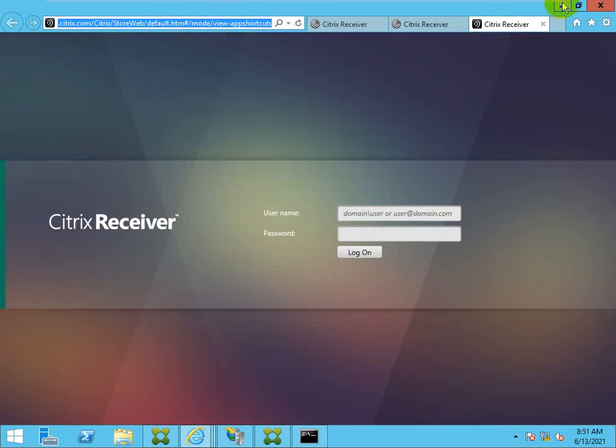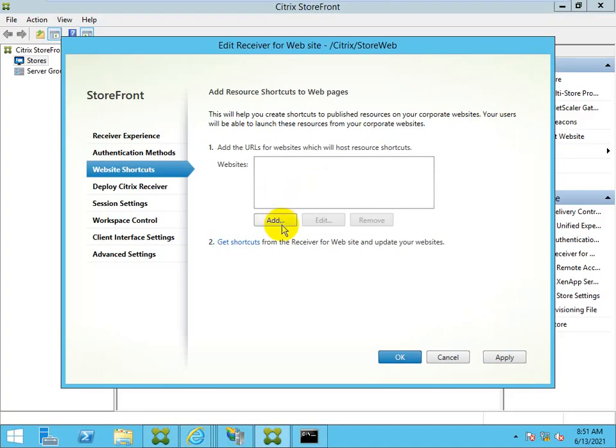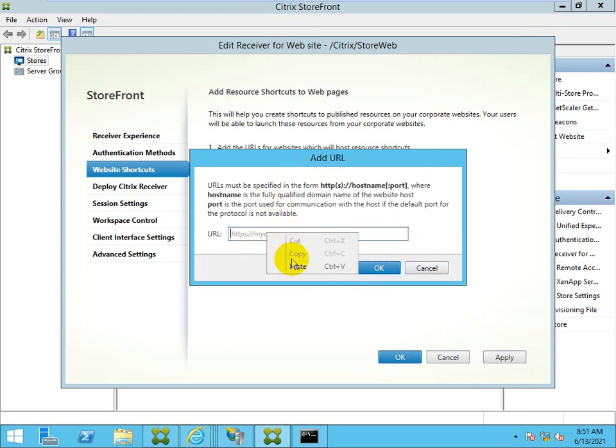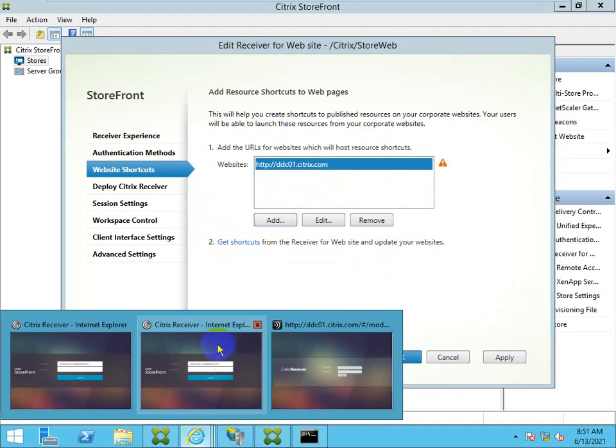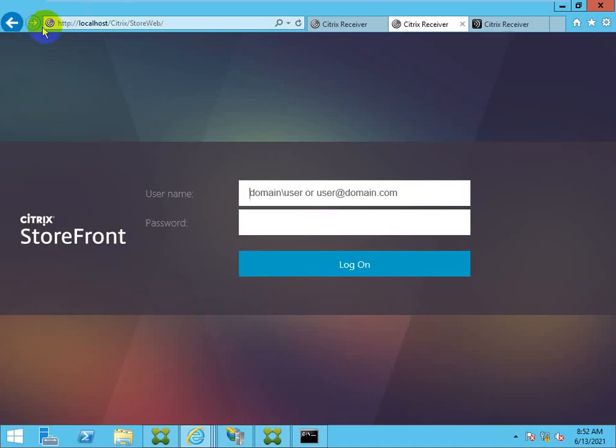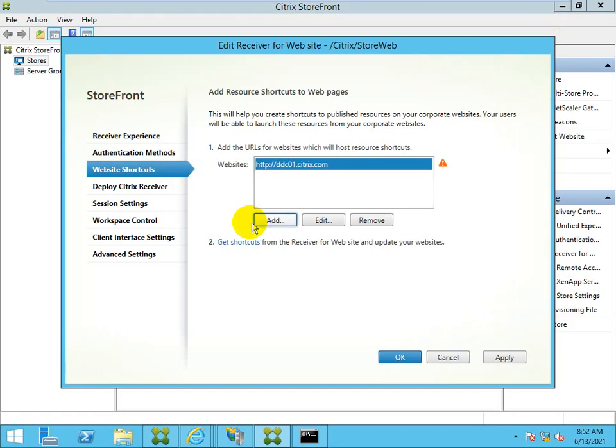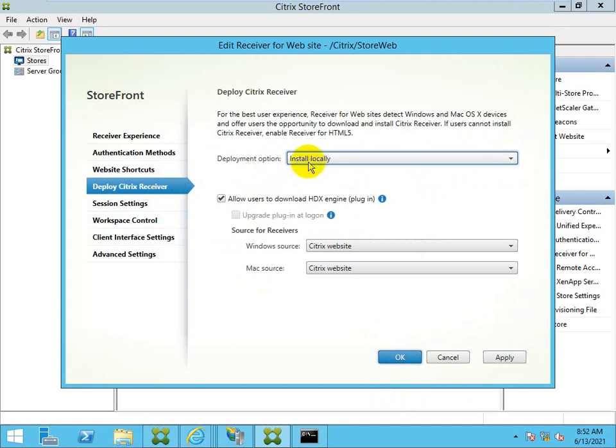Just copy this and add it here. But it's asking for HTTPS, and currently I'm using HTTP, so it is not accepting this and is showing the error. How can I fix this? I will tell you later, just after this screen.